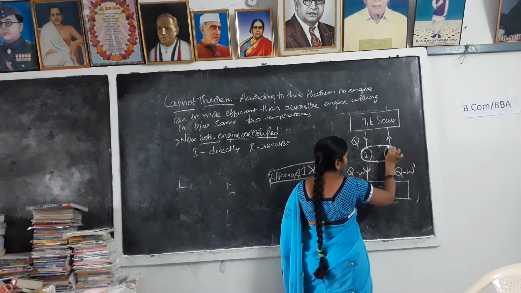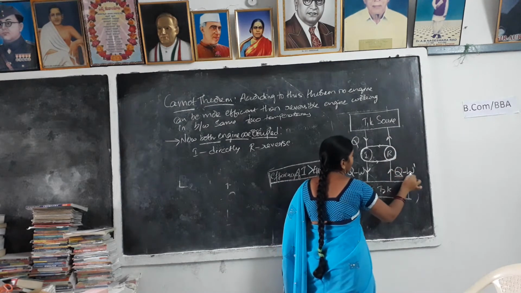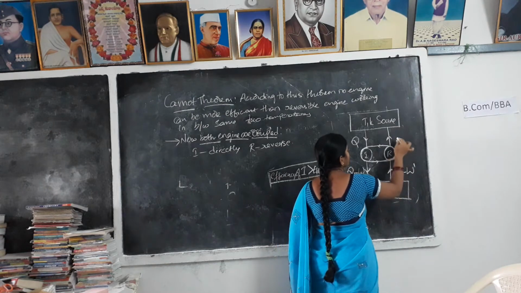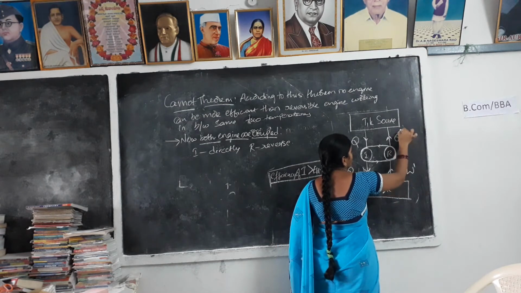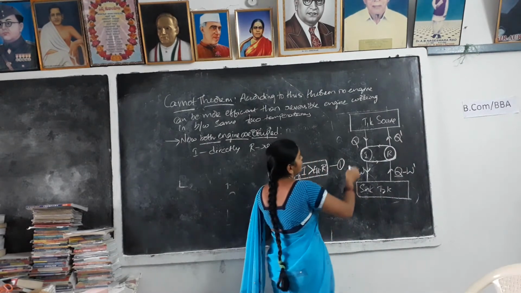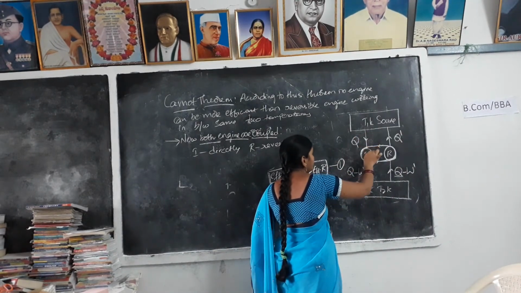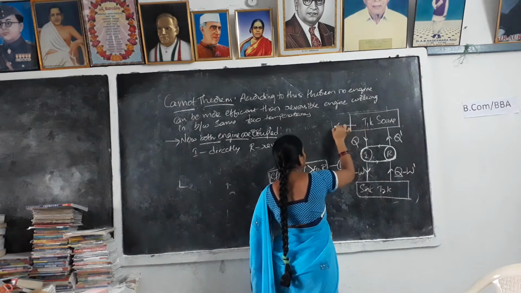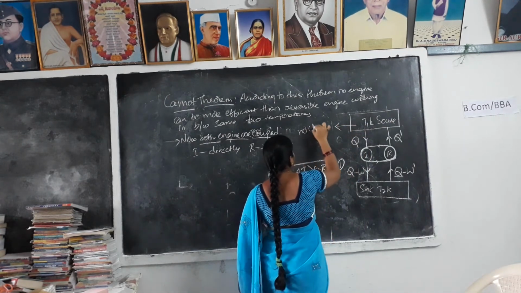This compound engine extracts Q minus W dash of heat from the sink, and it converts Q dash of work and gives it to the sink. So in this case also, what amount of heat is absorbed by the source is finally given to the source. That means here also no change